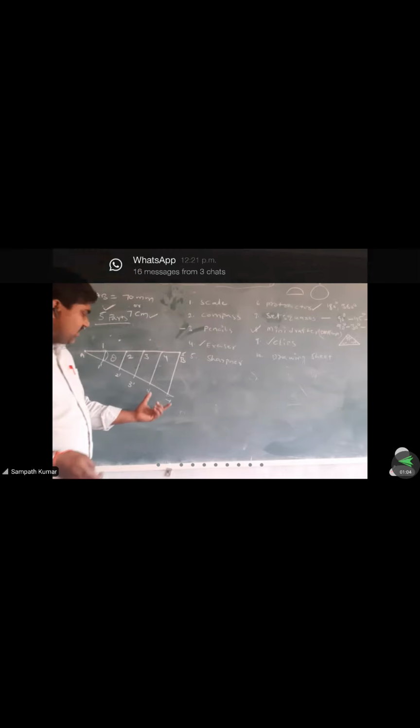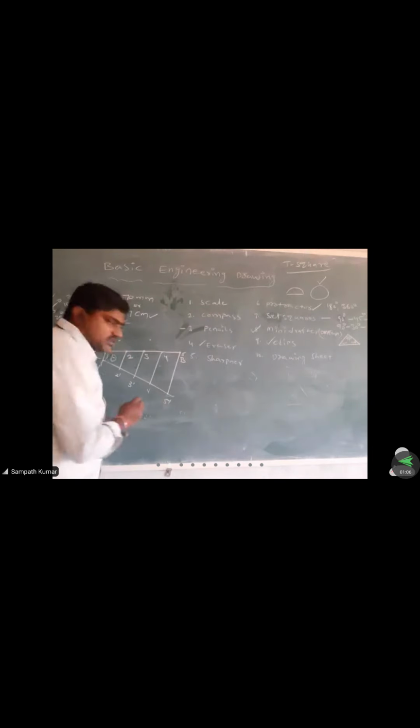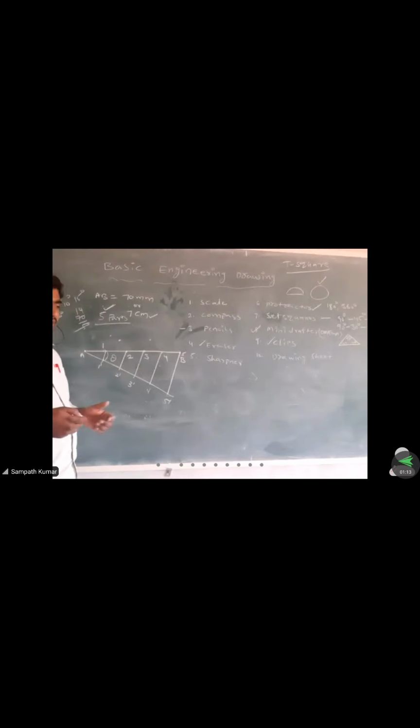Okay. Next we have to go for this. The line will be divided into 5 equal parts. This will be drawn on the drawing sheet. Any person who observes this drawing on the drawing sheet will understand that the line is divided into 5 equal parts. But how much length?